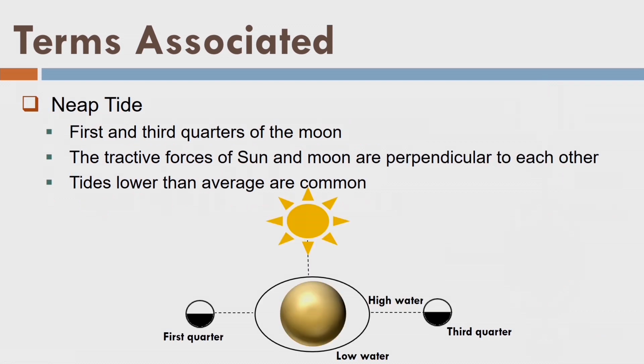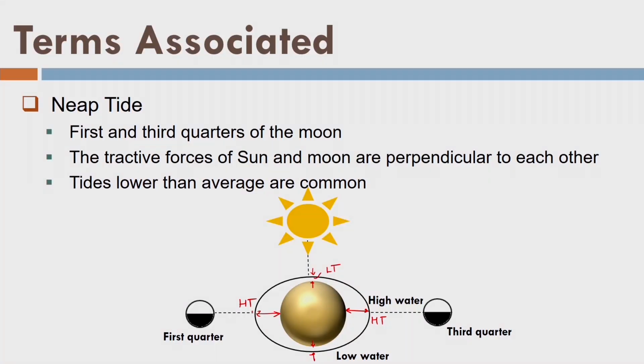There is another phenomenon called neap tide, where sun and moon are at 90 degrees to each other with respect to the earth. What will happen? As we know that moon is more effective, so there will be high tide here and there will be high tide here. But you can see here that sun is less effective. We have low tide here and low tide here. But you can see both sun and moon are trying to attract the water surface in completely opposite directions or at 90 degrees. So one is this vertical direction, one is horizontal direction on the screen.